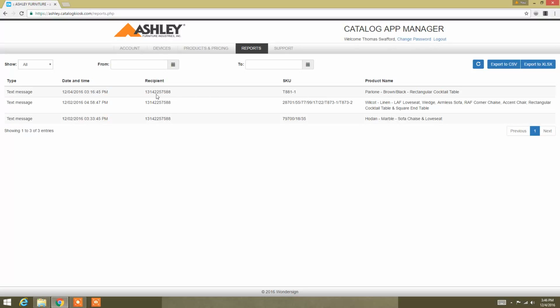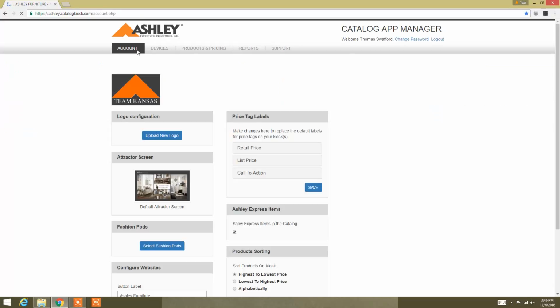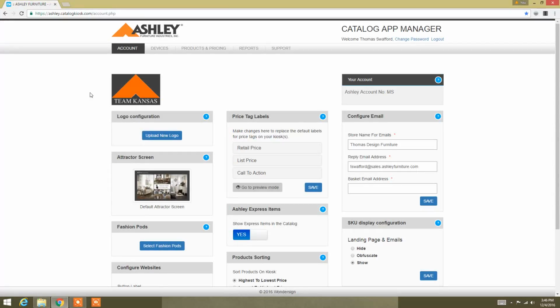So they can then reach out via text, make a phone call, whatever, to follow up and make sure the customer is willing to come back in, let them know about any particular sales that's going on and take advantage of that. So this is where you can get all that contact information right here that they can collect and use for future opportunities. But to go back to the first tab, which is accounts, this again is where you